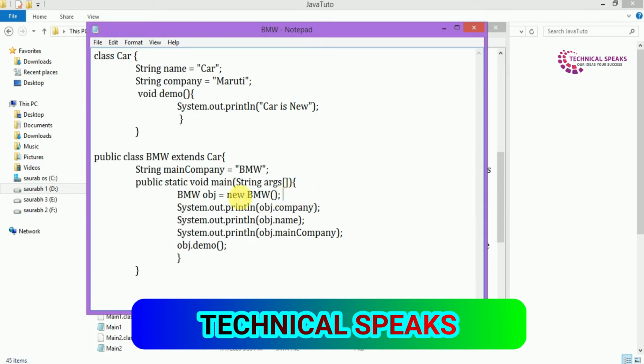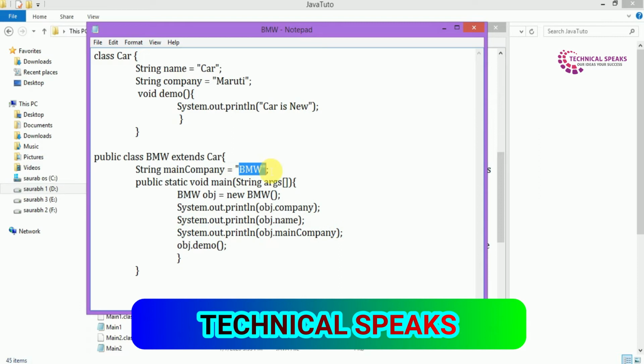Here we first create the object of the BMW class and now simply call the properties of the car class, like System.out.println(object.company). From here we will get the value Maruti, which is defined in the parent class. System.out.println(object.name) gives the same, and here we get the value car. System.out.println, here we get simply BMW.